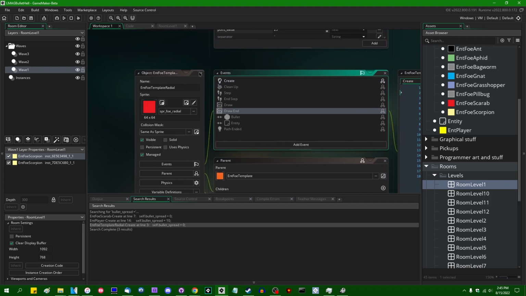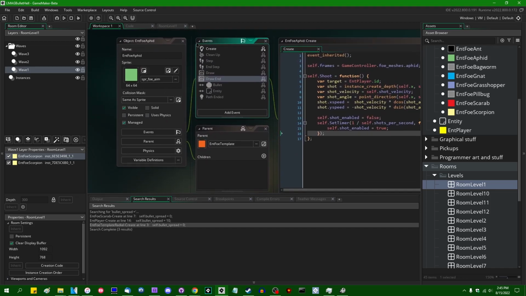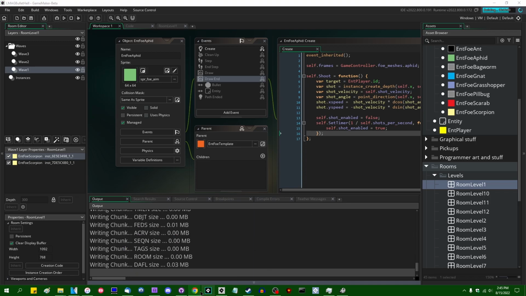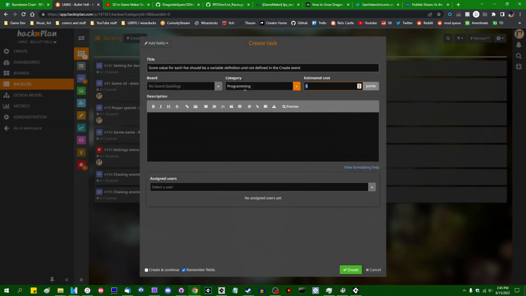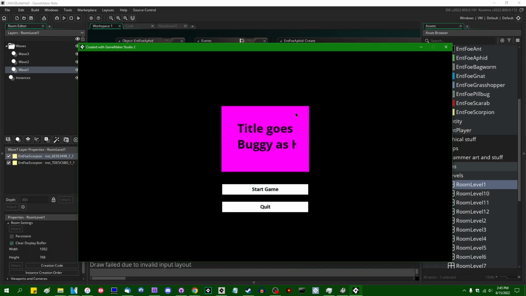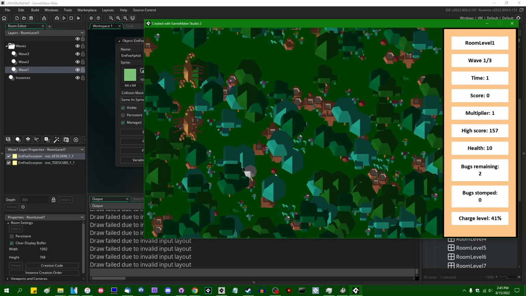Alright, well... Not going to worry about that now. I will make score a variable definition later. In fact, I'm going to go and stick that on one of those backlog cards. That should be pretty easy to sort out. It's just going to be a little bit of busy work, moving all of the variable definitions from the create event to the...